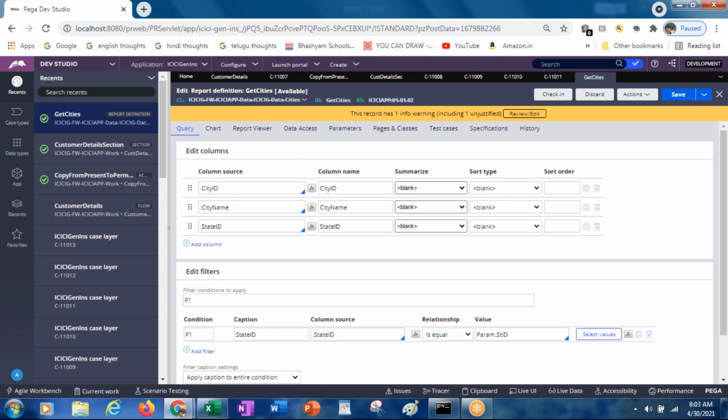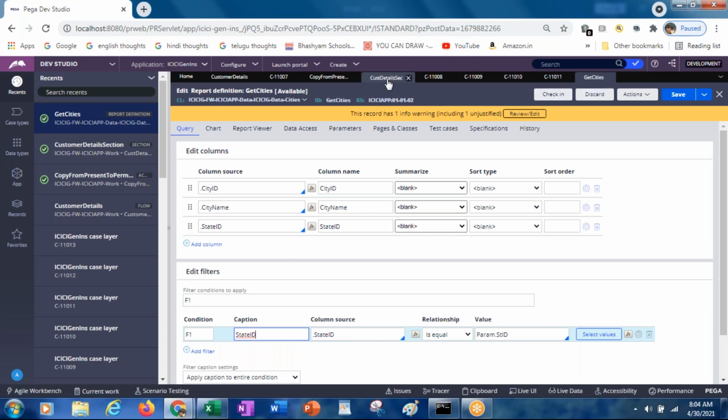So in the edit filters, in the conditions, the state ID is equal to param.stid. If you give it like that, then while running this get cities report definition it takes the state ID as a parameter, and based on that parameter value, the result will be returned.